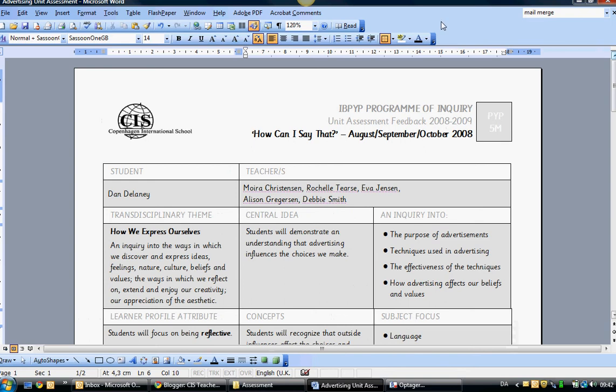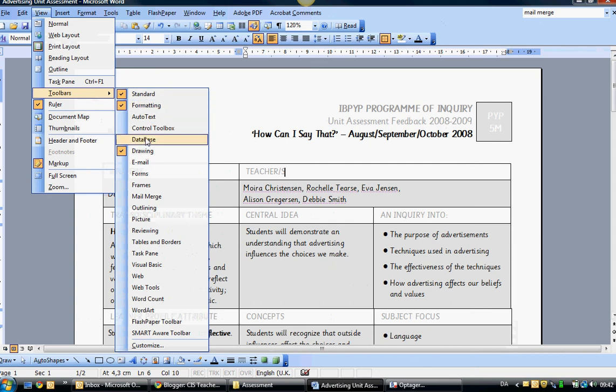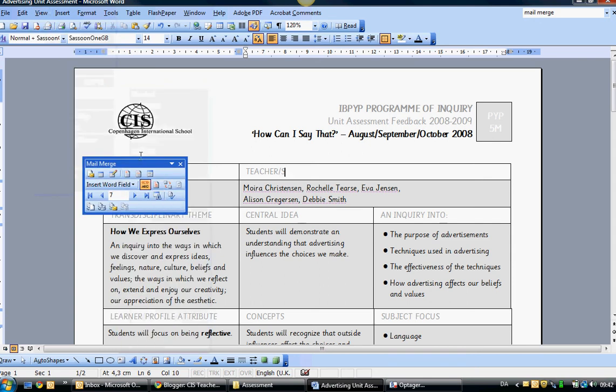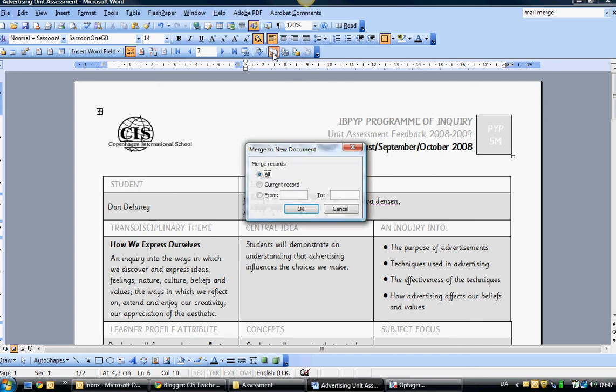If I just close this little wizard to the side, I can actually open up the toolbar which relates to mail merge in the View menu under Toolbars, Mail Merge. And if I drag that up to the top, it will sit there. You can see I want to merge all of my data to a new document. I want to merge to a printer, to email. You've got lots of options. So if I merge to a new document,